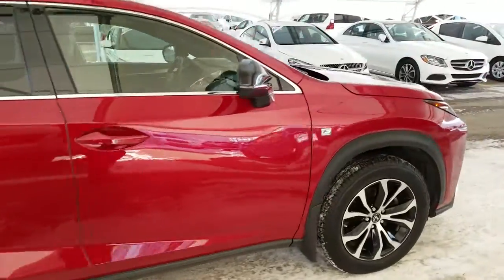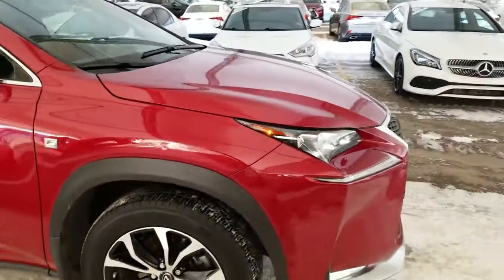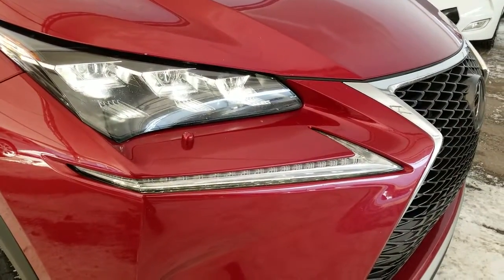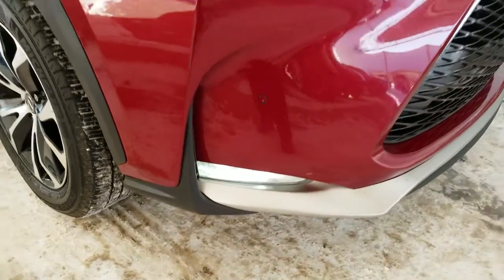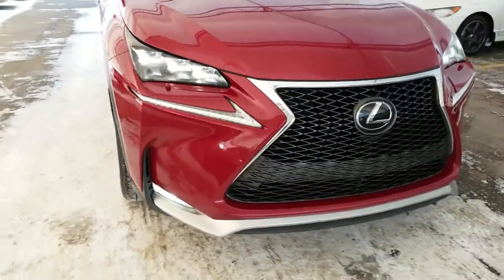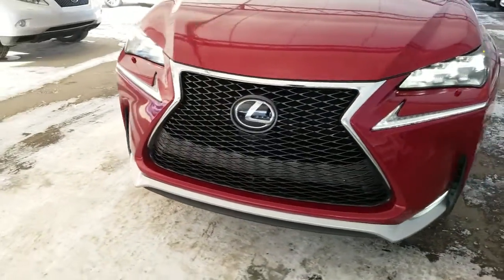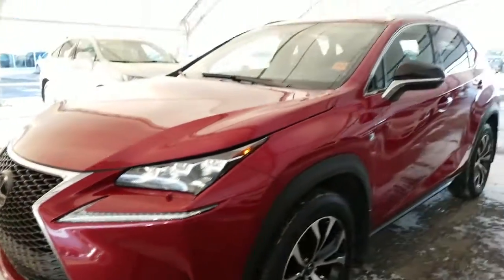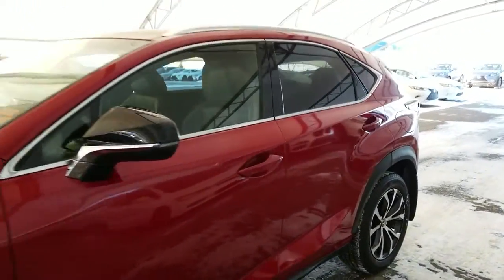Some of the features do include premium LED headlamps with the auto leveling headlamp system, LED daytime running lights, LED fog lights, F Sport front grille, front and rear park assist sensors, headlamp washers, keyless entry with the push to start ignition,